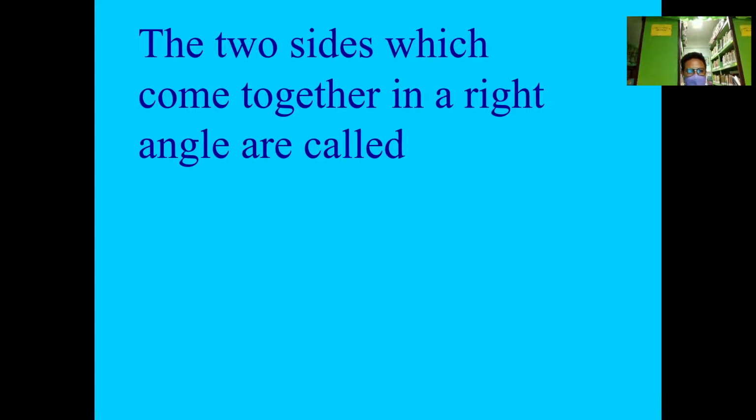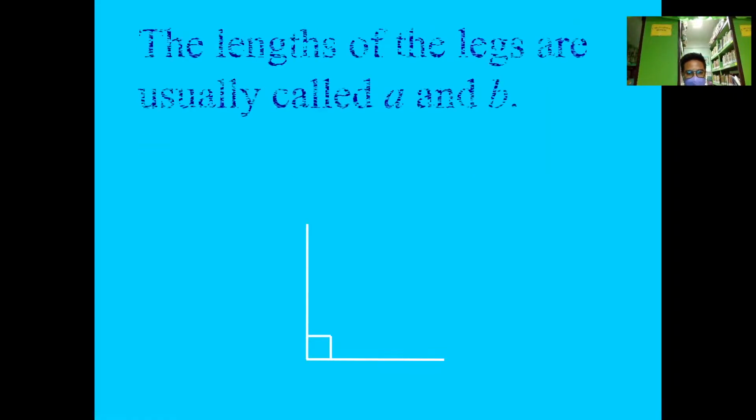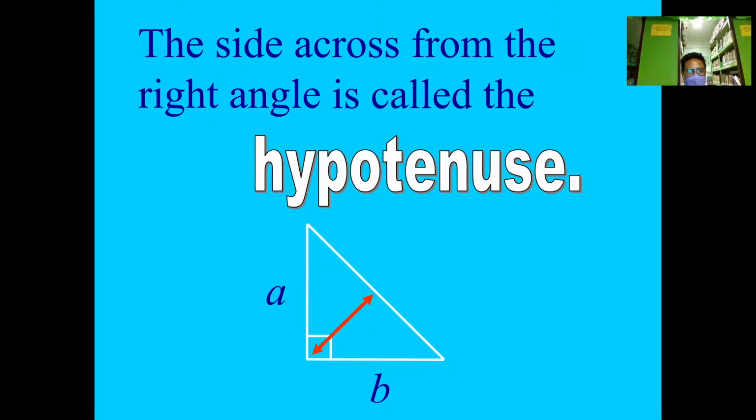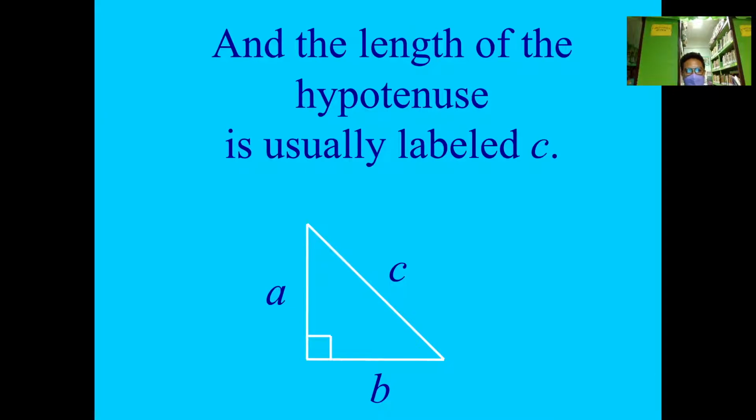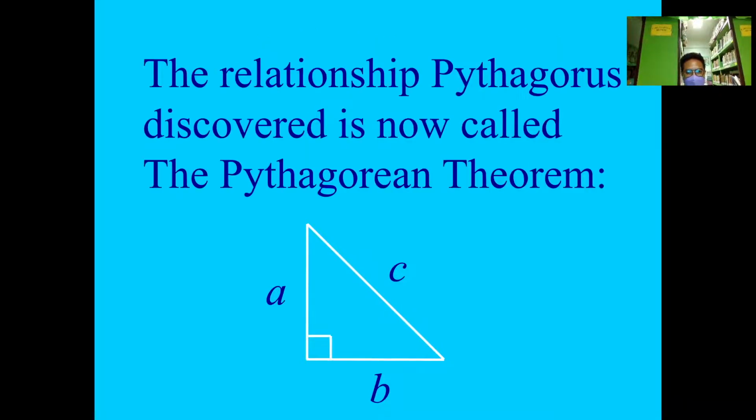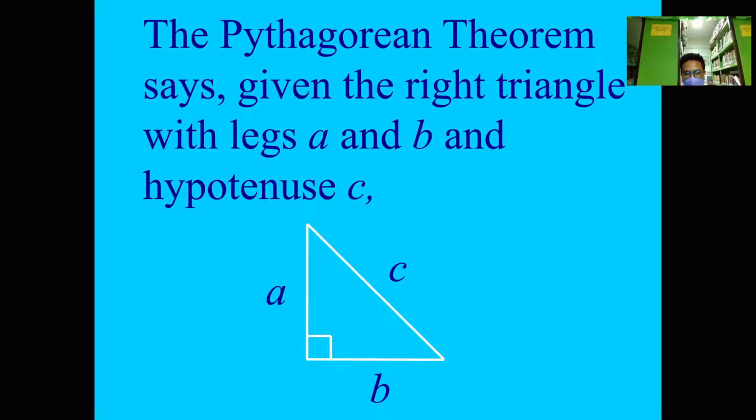Yan, the two sides which come together in a right angle are called, ayan, are called legs. The lengths of the legs are usually called A and B. And the side across from the right angle is called the hypotenuse. And the length of the hypotenuse is usually labeled letter C. The relationship Pythagoras discovered is now called the Pythagorean Theorem. The Pythagorean Theorem says, given the right triangle with legs A and B and hypotenuse C,